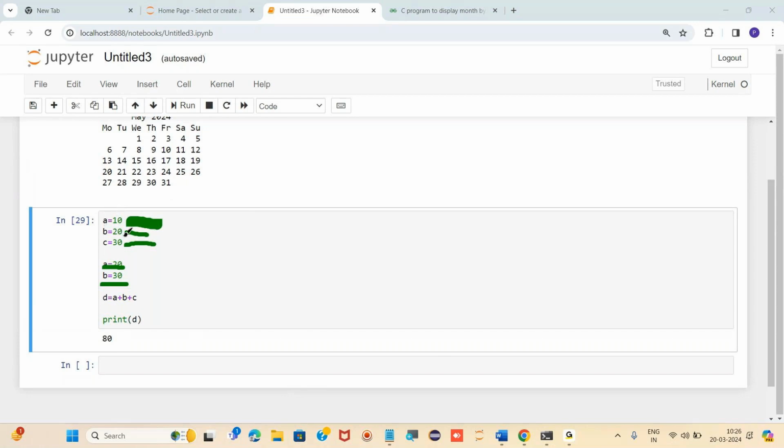So in this case, the old a and b are unused memory, meaning they are not in use anymore. This c is in use, this a is in use, this b is in use, but the old a and b are not in use. Getting my point?